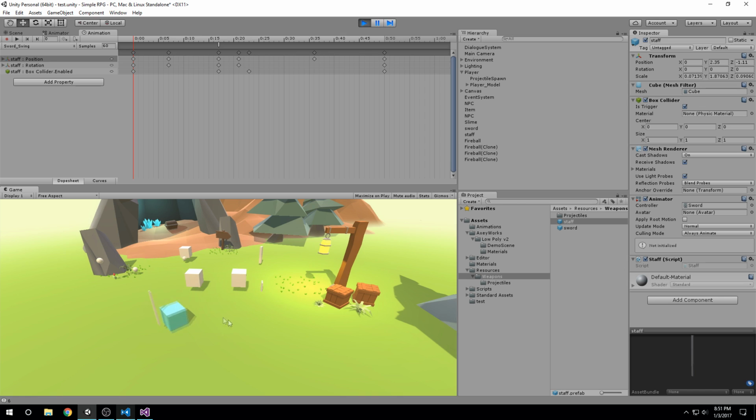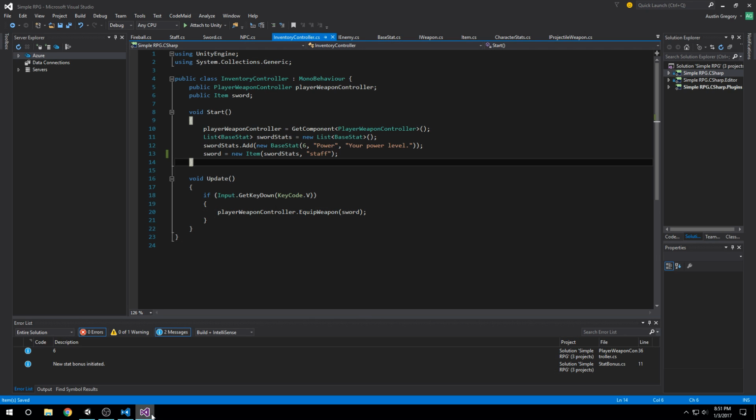Hitting X at about halfway through the animation, notice the fireball spawns. As you would expect, it hits things and reacts physically to them, which is something we don't necessarily want for this attack. So what I'm going to do is go to Fireball,